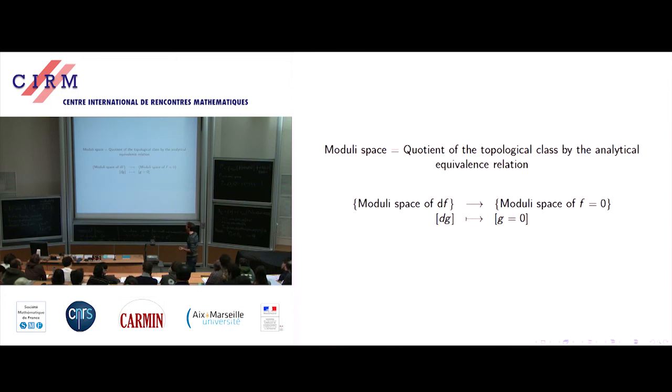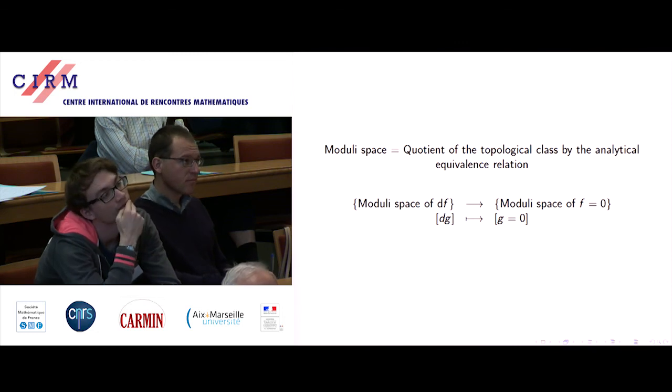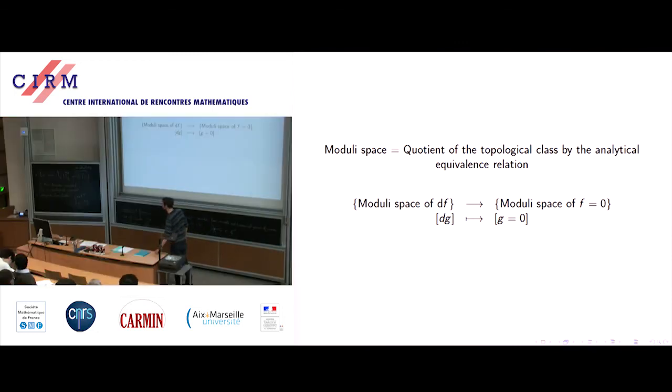Our intuition was it should be easier to understand this a priori bigger moduli space and this map than to try directly to understand that one. Because, for instance, this moduli space, as you may know, has a topological structure which can be quite complicated. This is not a separated space and so on. But that one, which is a priori much bigger, is usually a smooth manifold. And actually, I have not so much time.